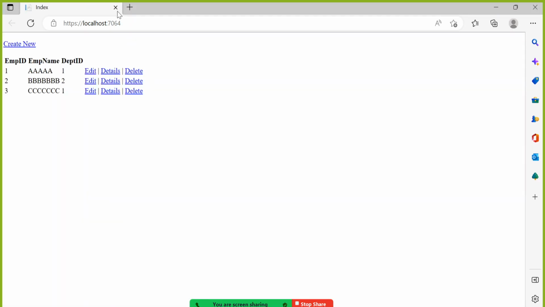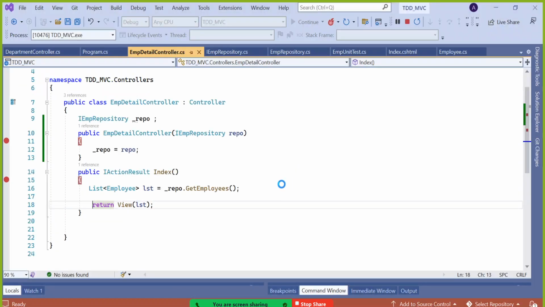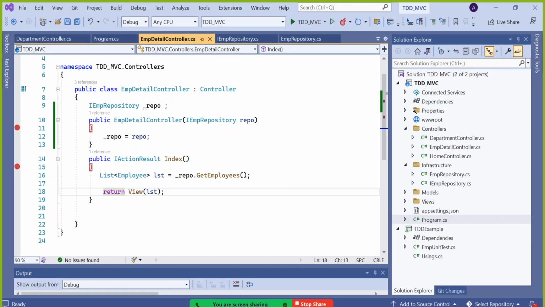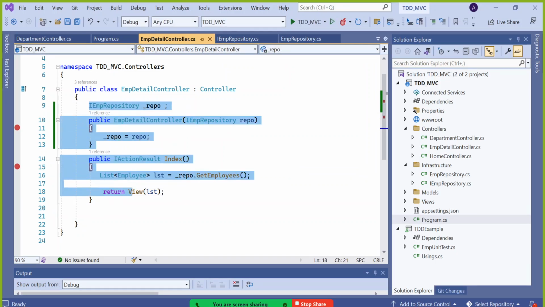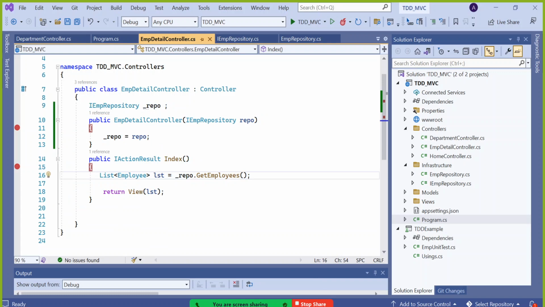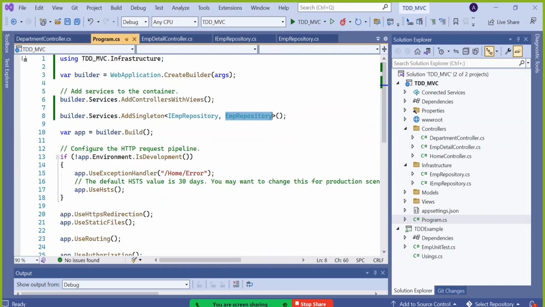Very simple example. That means I'm not depending upon the class name to create the object. Loosely coupling object with the class name. Only one place I'm injecting that class name. If 100 objects have been created also, from one place I'm injecting it, saying that wherever this interface is used,